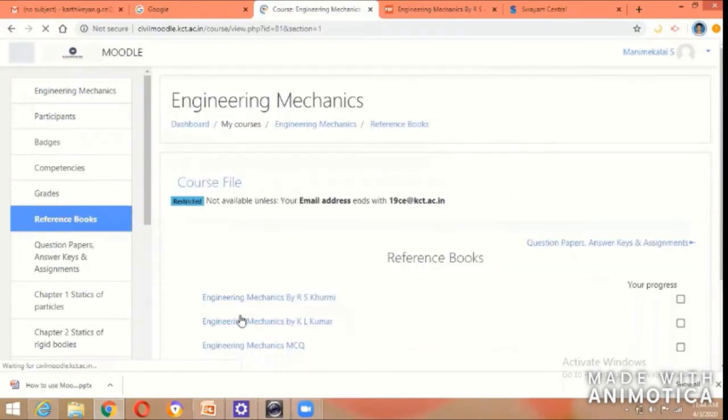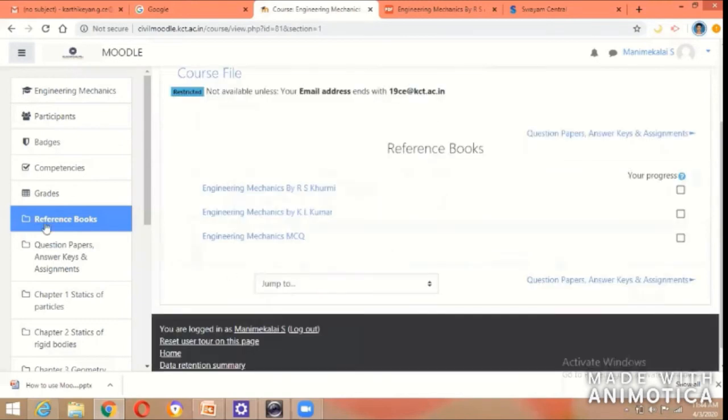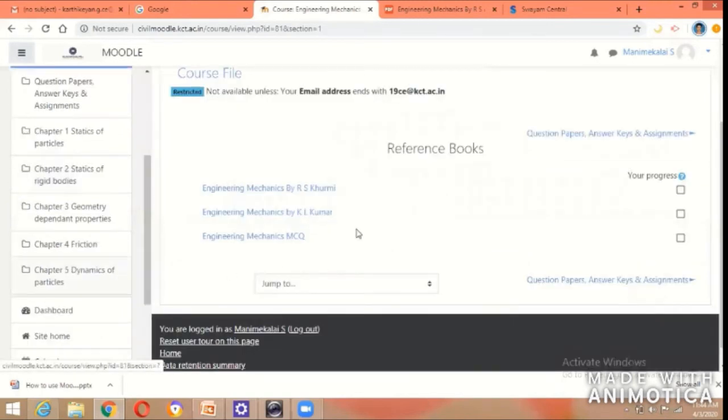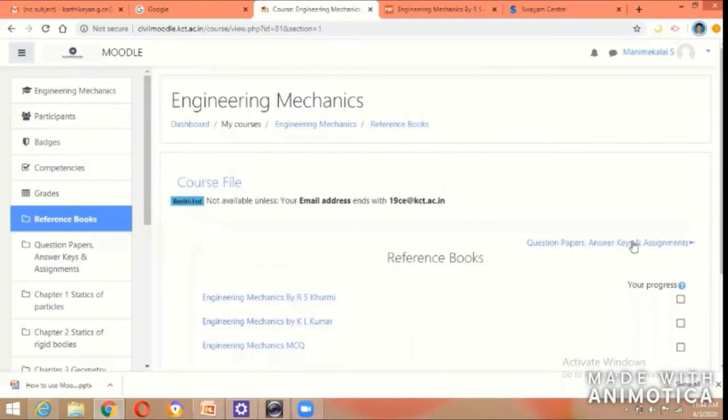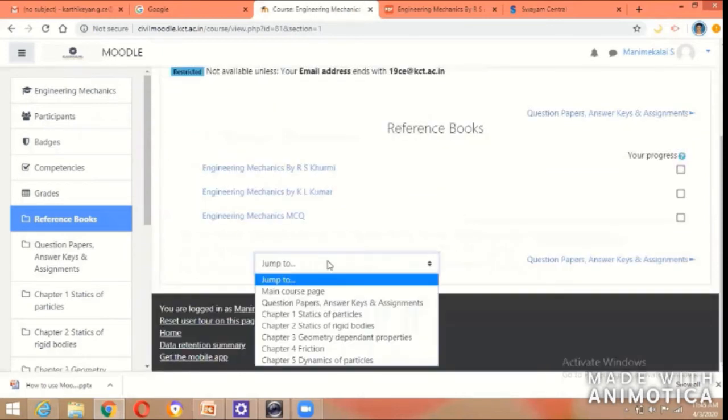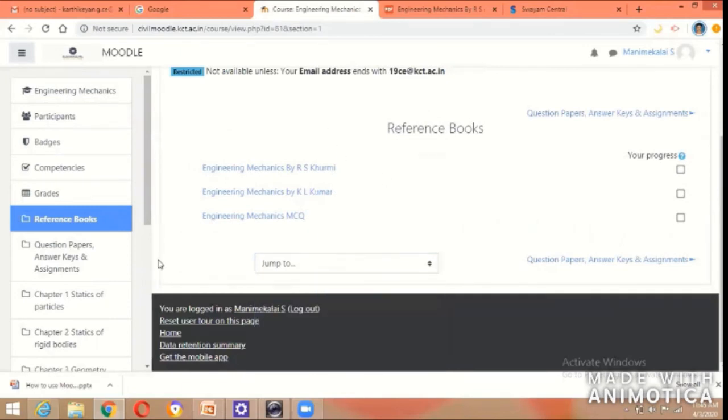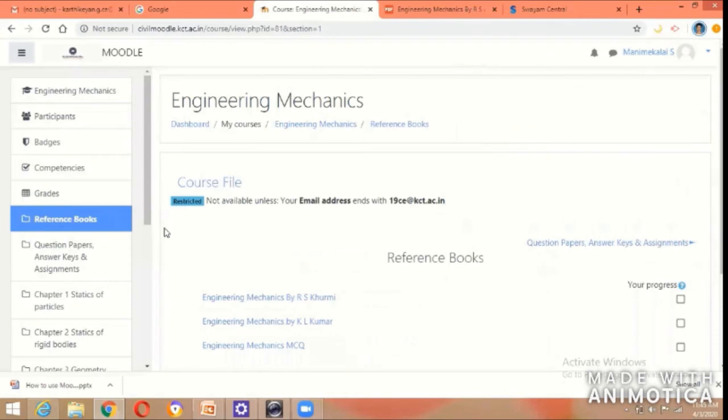So there are a lot of options available to explore your course material chapters. You can directly go here. Otherwise, you can click here. So this is the first chapter reference book, so that's why here there are no previous chapters. You can go through this. Otherwise, you can jump into a particular chapter, whichever you want. So this is all about your material.